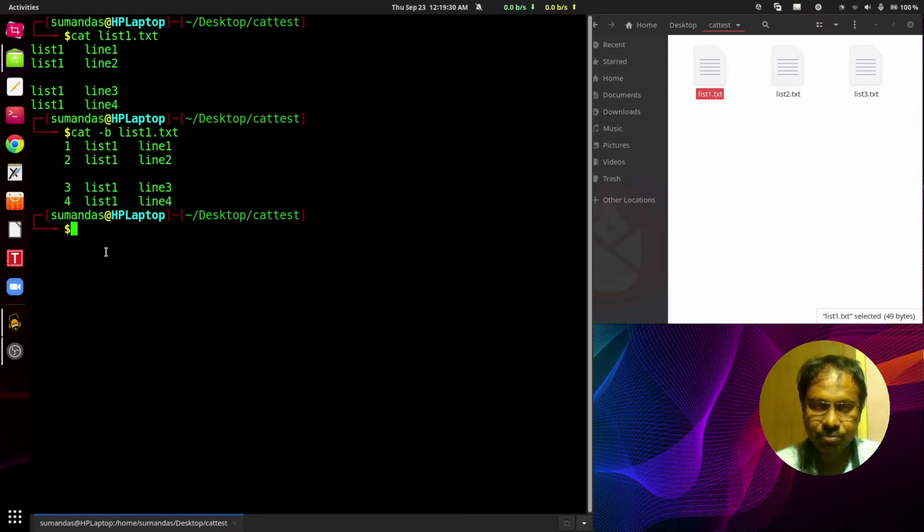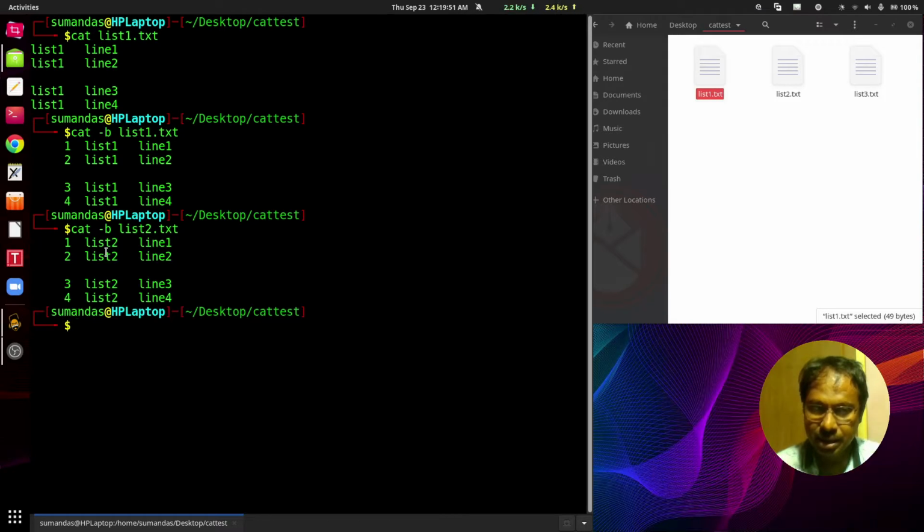Suppose once again I am checking it with another file, that is list2.txt, with -b for the line number inclusion in the output for the non-blank lines; the blank line has no line number.